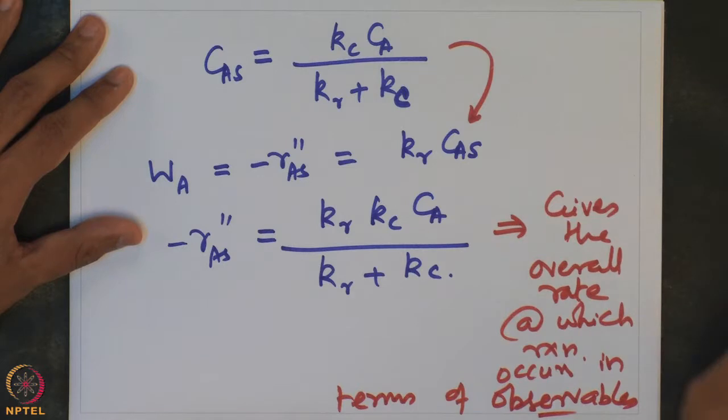In terms of the observables, what can be measured experimentally is essentially the concentration Ca, and so from this expression we can construct the overall rate at which the reaction happens, and we can relate that to the concentration of the species that can be measured. So, let us now consider the two cases that we said we will look into at the start of this lecture. We said that we will look at case 1,